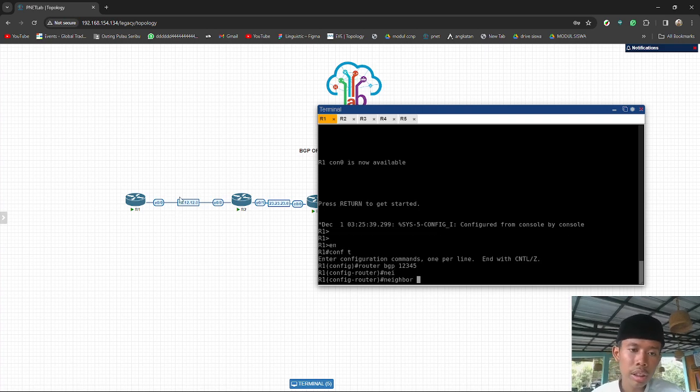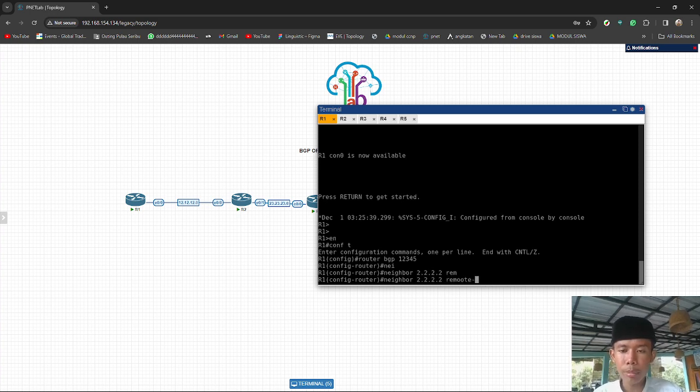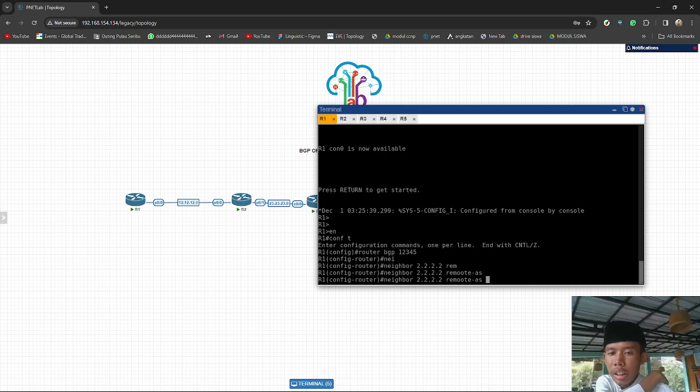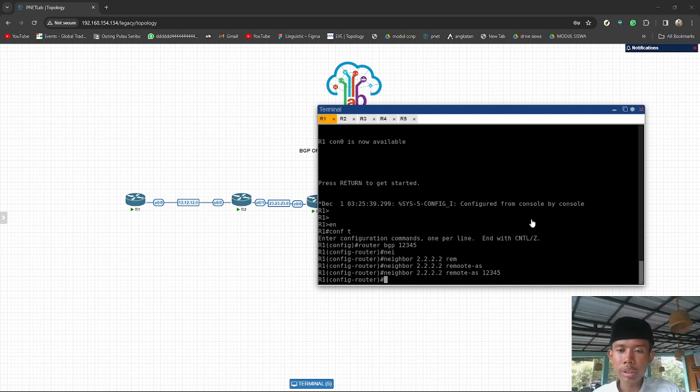The neighbor is not the next hop IP 12.12.12.2, no, I mean the neighbor is the loopback IP in the second router, so the neighbor is 2.2.2.2, and remote AS, I made a typo in here. Remote AS 12345, and after that